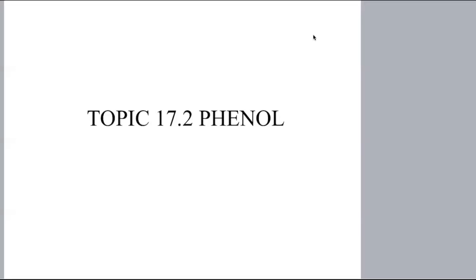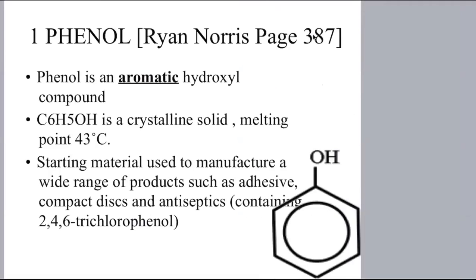Phenol, the hint there is the "ol", so that means it must contain an alcohol, or what we call a hydroxy group. Okay, so phenol has this structure. It's a benzene ring with a hydroxy group attached to it. Okay, it is considered under the group of arene or aromatic compounds. Phenol has the formula C6H5OH